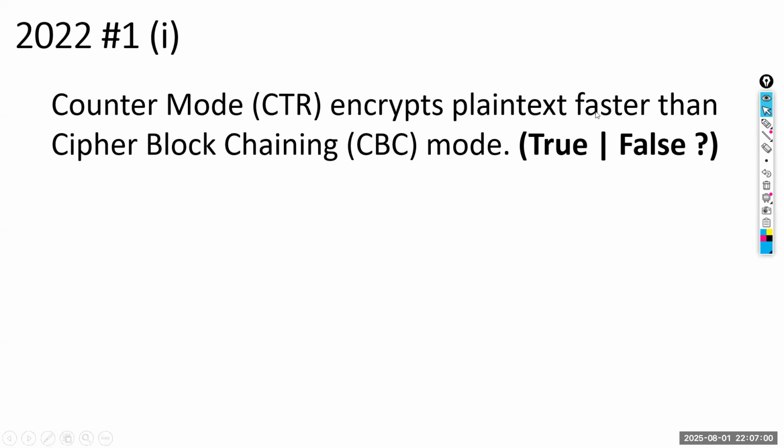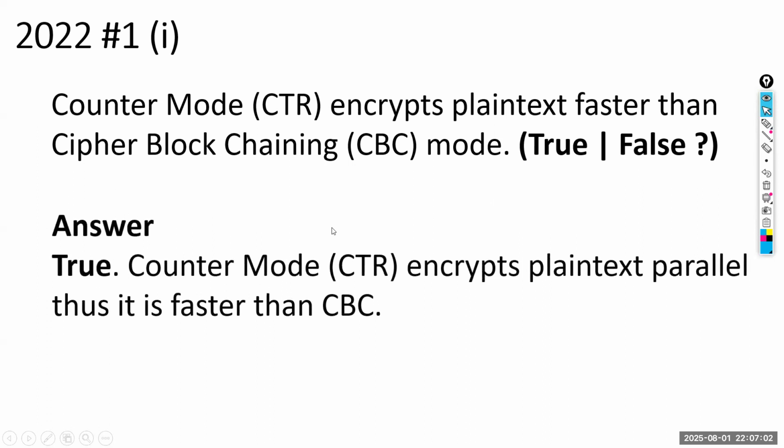Okay, because CBC is chaining, and chaining takes time. We can do parallel processing in counter mode. But in CBC you can't do parallel processing, because the second block depends on the first block's ciphertext. Okay,